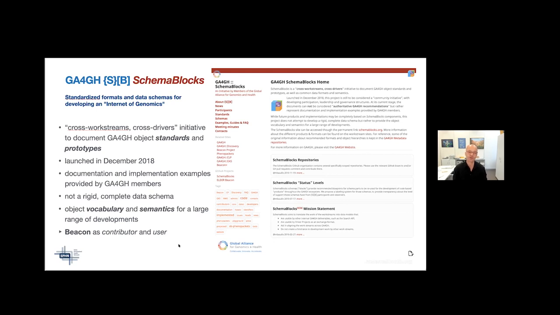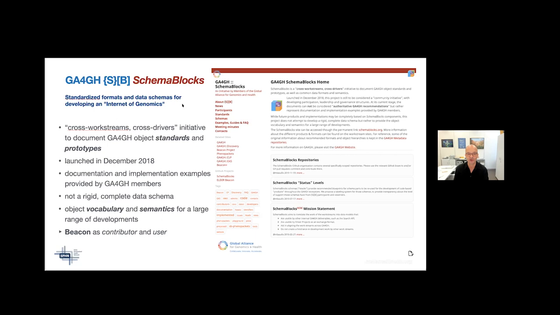So GA4GH is developing many different products, protocols, projects, schemas, and so on, but some of them are deeply integrated. For instance, the future or current default data transmission format for variant and phenotype data is now becoming Phenopackets, but your protocol may not use the whole Phenopacket implementation, but may just use the same way, for instance, to annotate age or phenotypes as Phenopackets does.